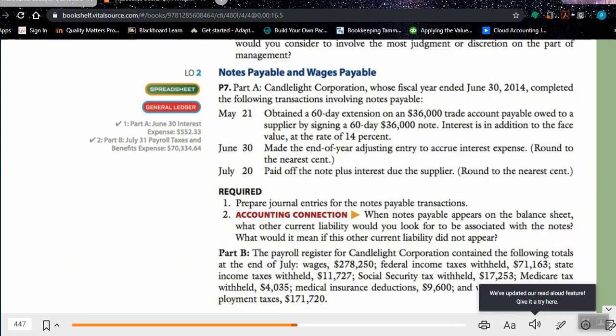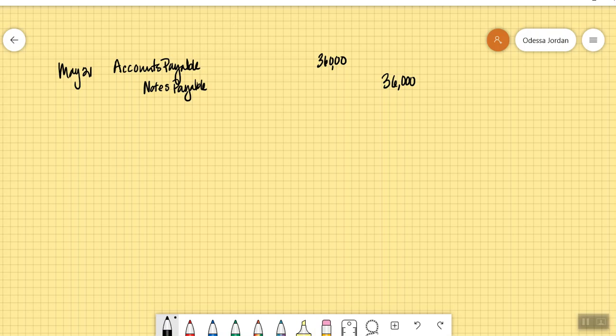We need to do a bit of calculations and then record this to our journal. So let's do the calculations over here to the side. We know that the note was for $36,000. We also know that it had a 14% interest rate. And we also know this was for 40 extra days